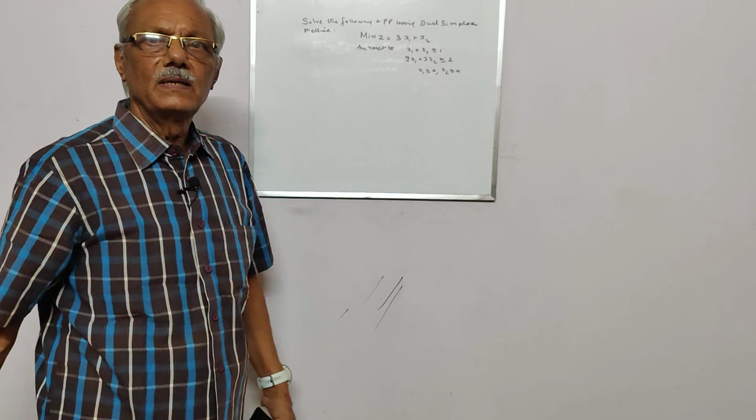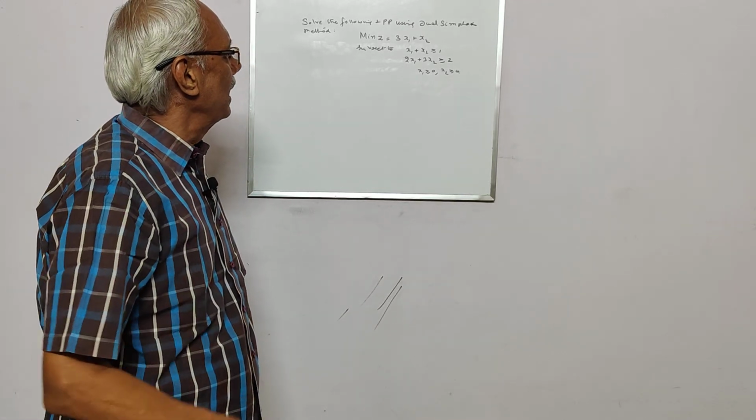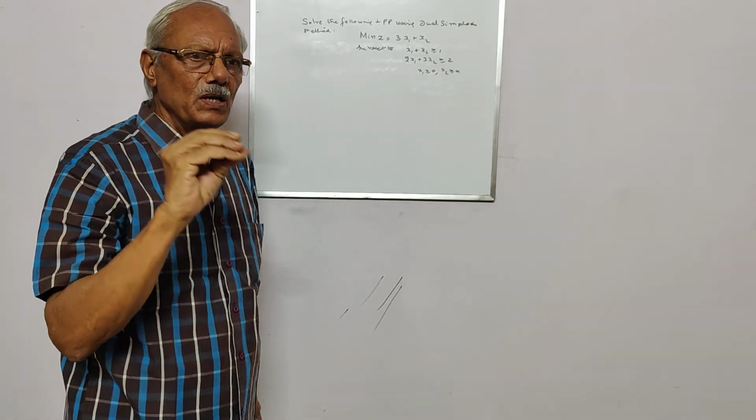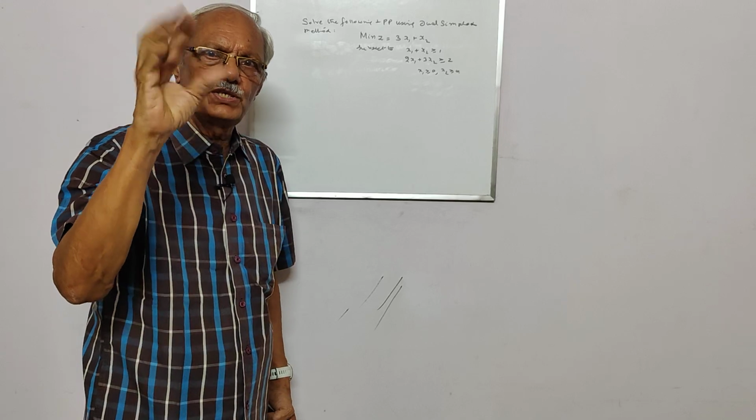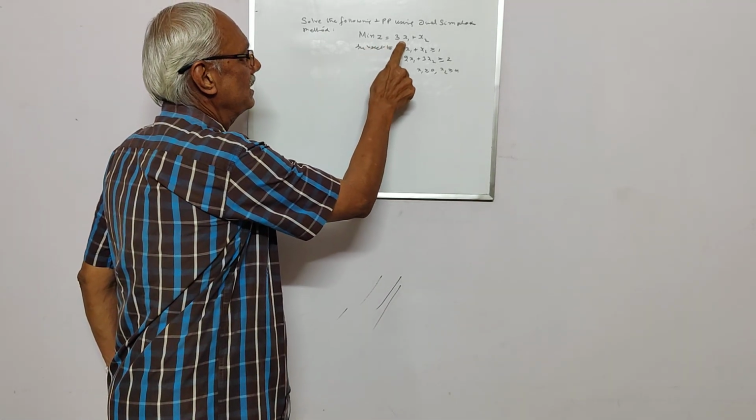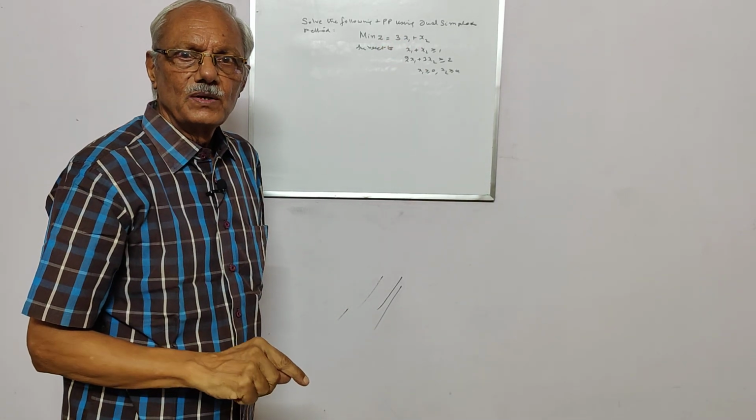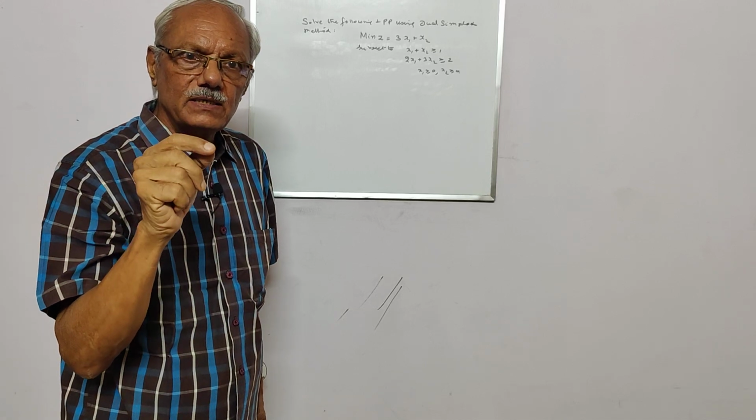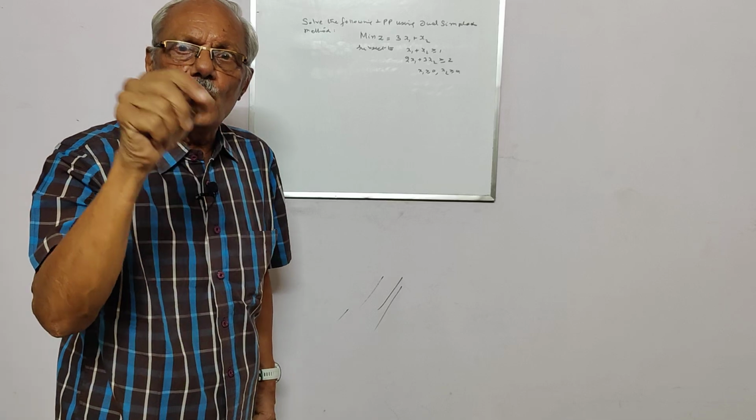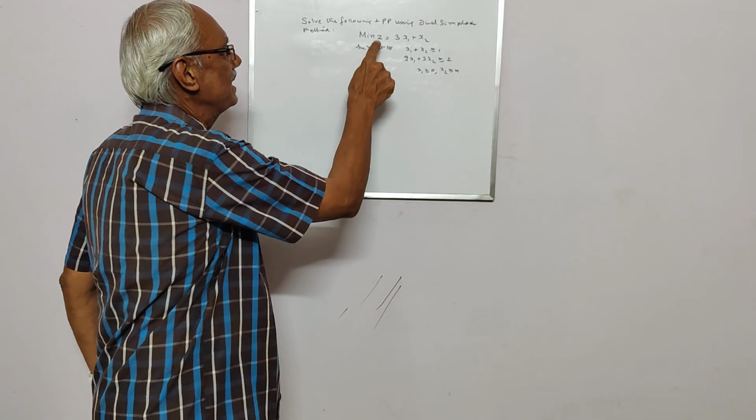This is a problem in linear programming. This problem talks about the minimization of an objective function, and the objective function depends on the two variables x1 and x2. Our job is to find the values of x1 and x2 for which this z, the objective function, will be minimum,